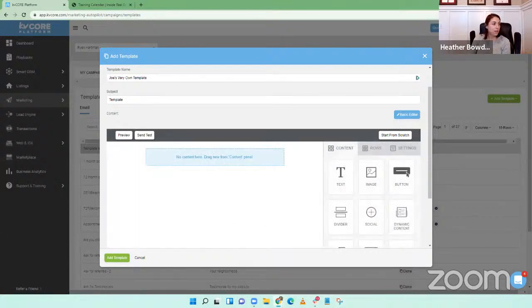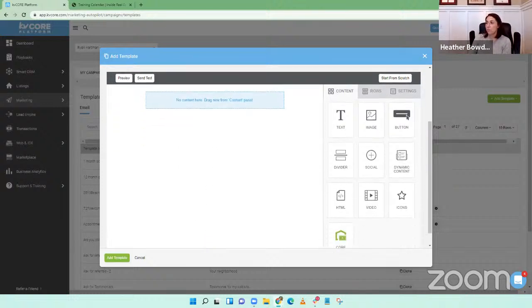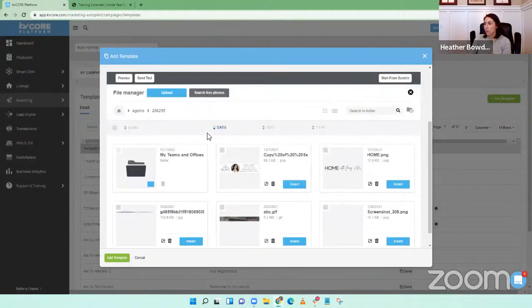And you're going to start making your template. The first thing you can do or not do is a header or a title or something like that. I always like to do a nice pretty image. And I make all my images in Canva, but this is one I just made for someone the other day. You can hit browse and you can then upload